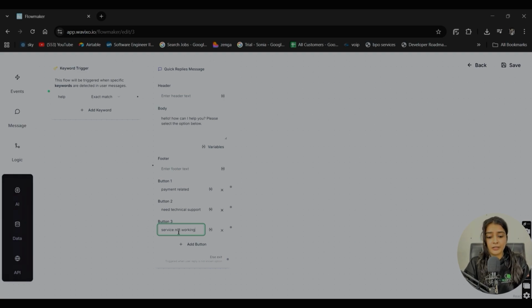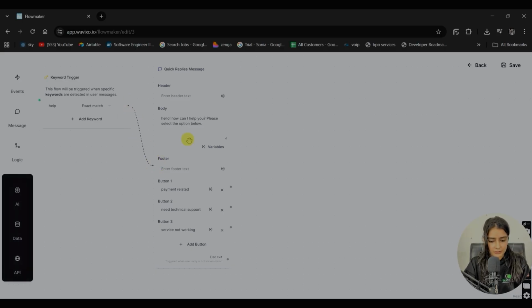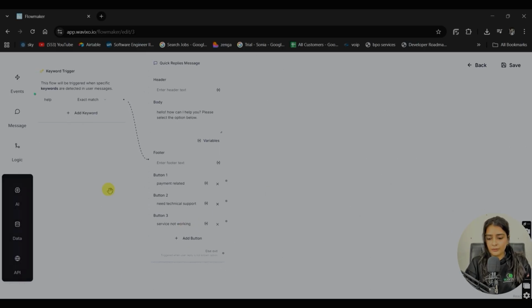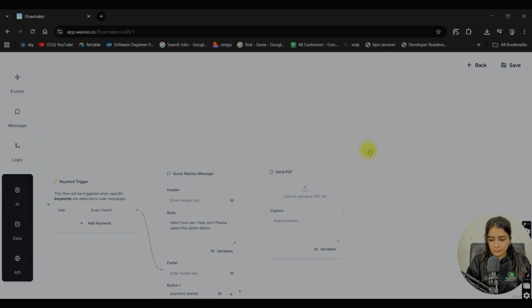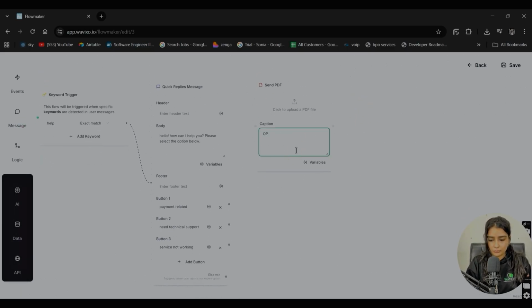You can also put a header and footer, but we'll skip for the time being. Okay. Now let's connect this. These 3 buttons will create separate branches. Let's shift this. For the payment related, let's make it with PDF. Please go through these documents.